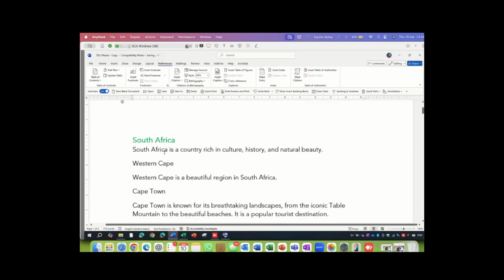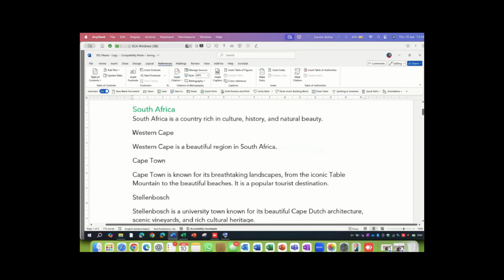Lovely. And now let's go for the regions. So I select the Western Cape. See how easy this is. It's one of those things. If you know, you know. If you don't, you don't. You might not even know that it's available. That's my point, mainly for today's session, showing you this.